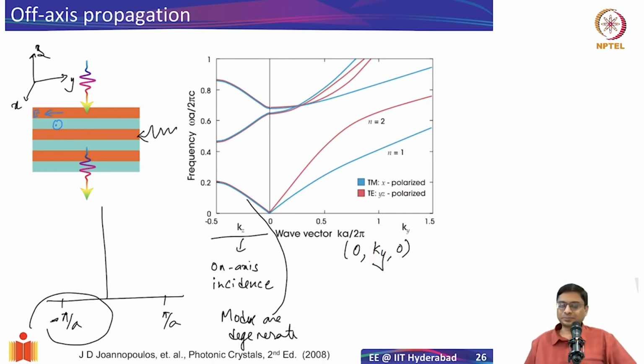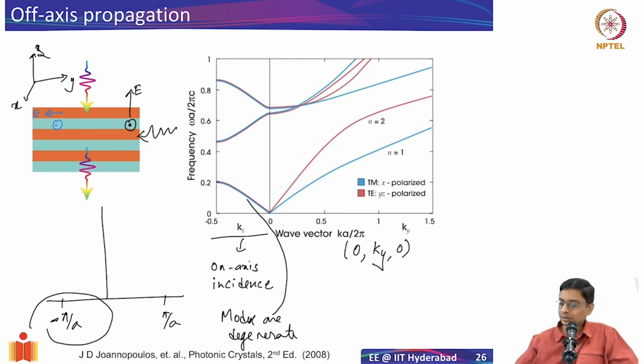And when you have such a scenario, you'll notice that now the electric field can have one direction could be like this, out of plane, or you can have an electric field which is perpendicular. This is the E field, for off axis incidence. So now you see that the electromagnetic wave experiences different environments depending on which direction you are in. So TE and TM polarizations have different responses, and that is why the band structure again becomes different here. The blue represents the TM mode and the red represents the TE mode.